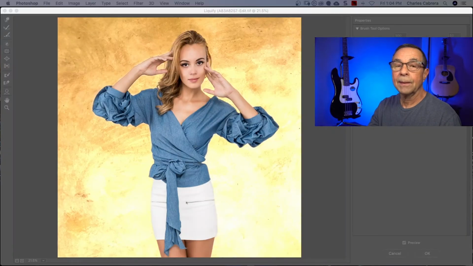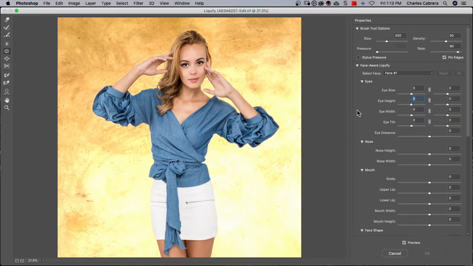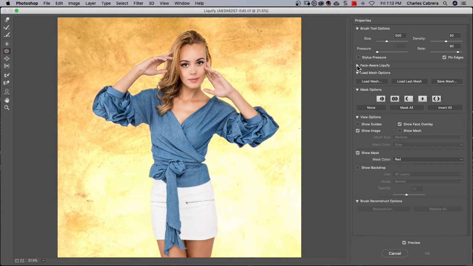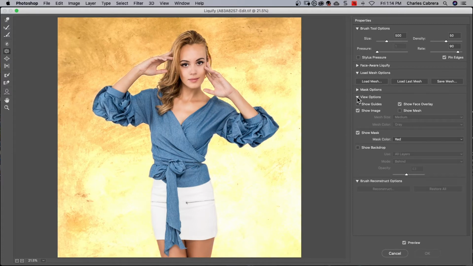Now the next tip is keep it simple when working with this tool. There are many options, but there are only a few of these options that we're going to be using mostly. This is the Liquify dialog. To help make things not so confusing, if you see all these panels here, like Face Aware Liquify, just twirl that closed. Mask options, you're not going to use that much. View options, twirl that closed. And now you have a more compact interface. And until you're really comfortable with this, I would work on it like this. Remember, you're just getting started.